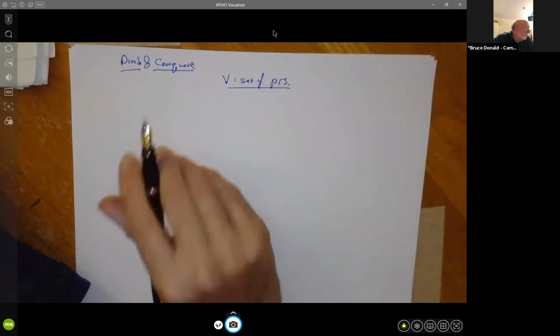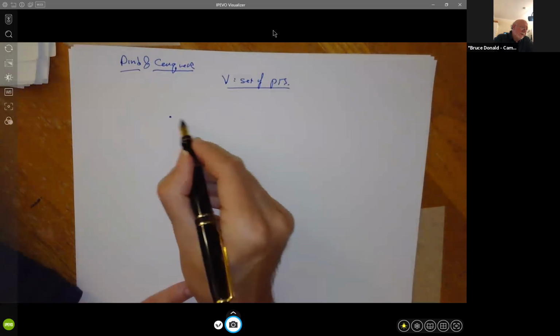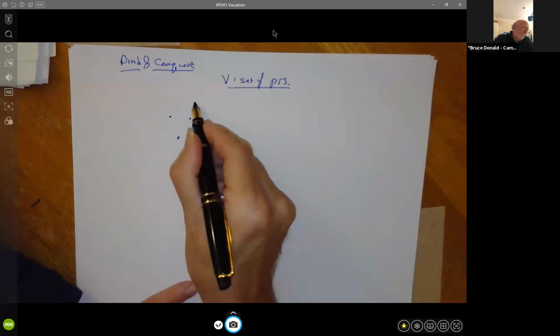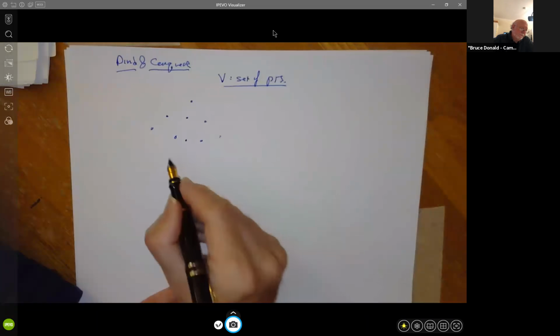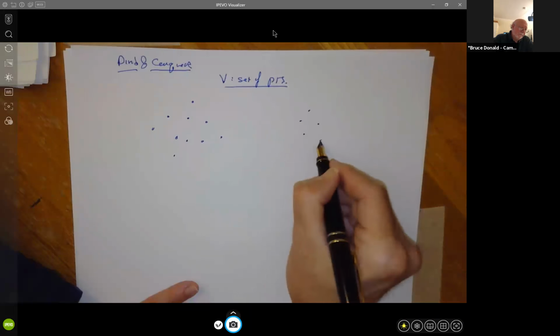What we might like to do is divide them in half and solve the subproblems. So if we had some points that were like this, in a felicitous example,